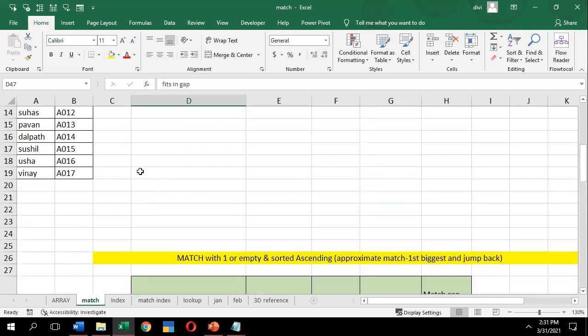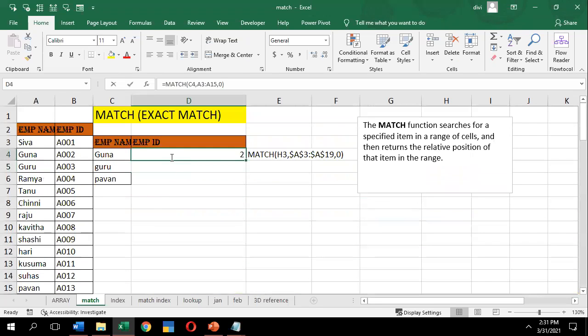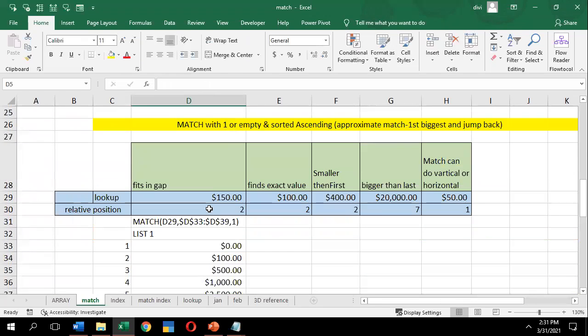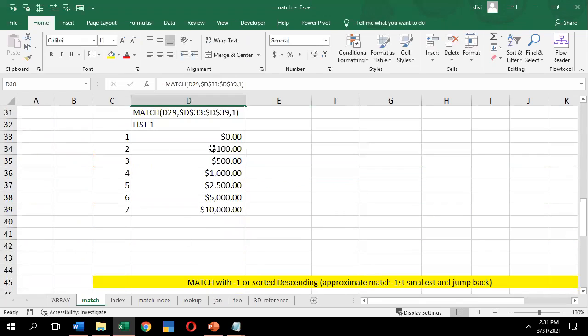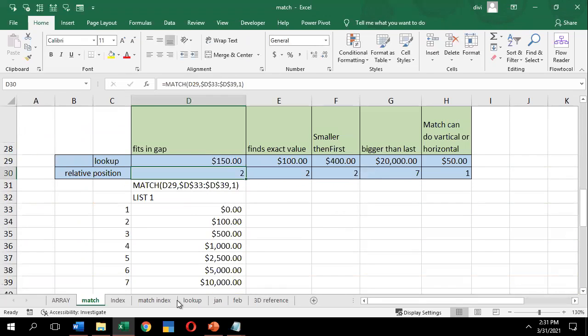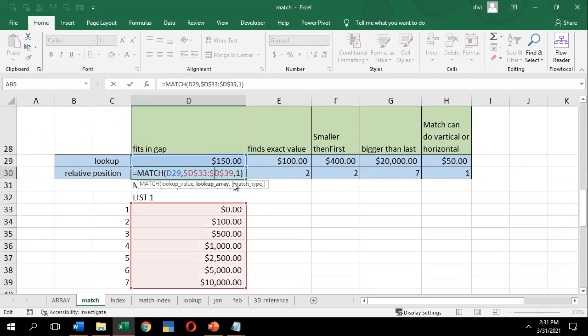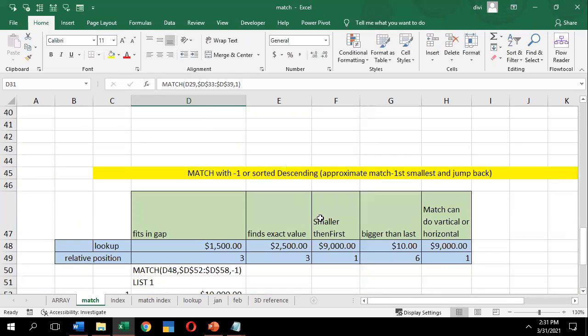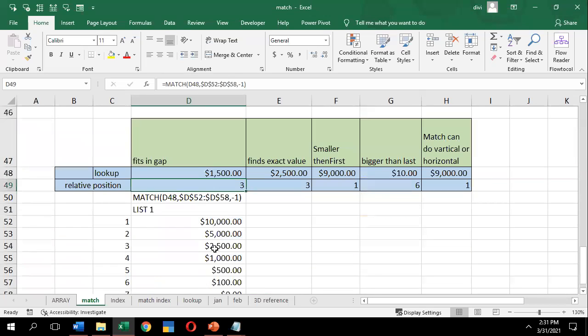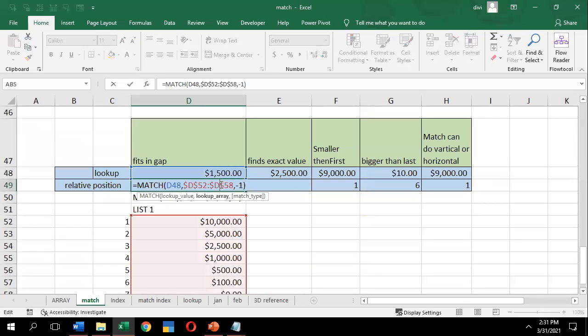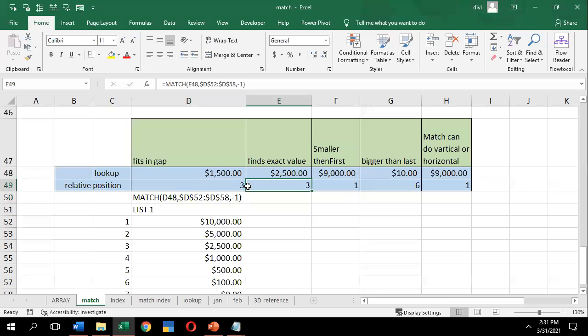So if you want to get an exact value, you have to go with match type 0. If you select the lesser than option, your criteria always has to be aligned in the range from ascending to descending. Then you can select the match type as lesser than. If your criteria range is in the format of descending to ascending, you have to select the greatest value, that is, -1 is the greatest value match type. I think it's clear.